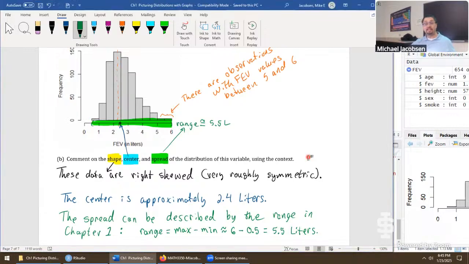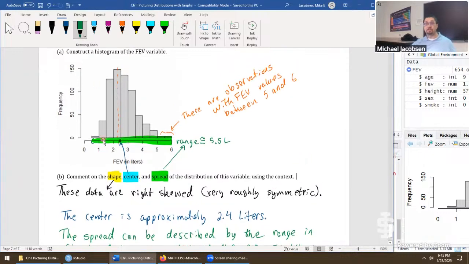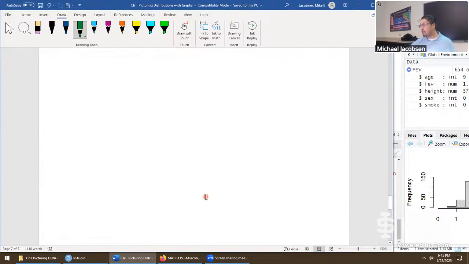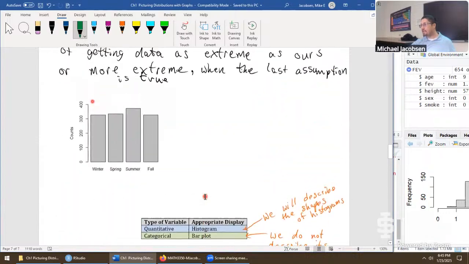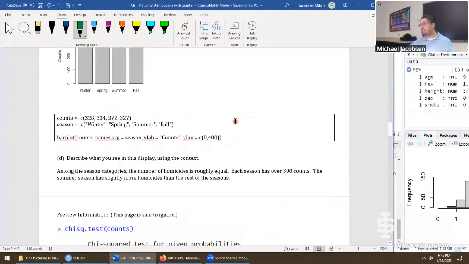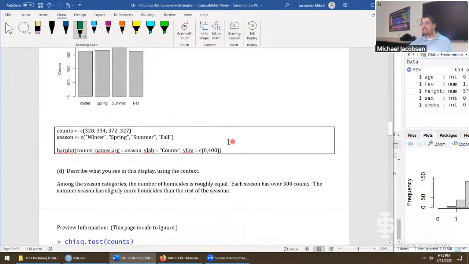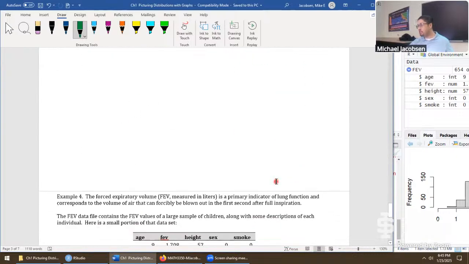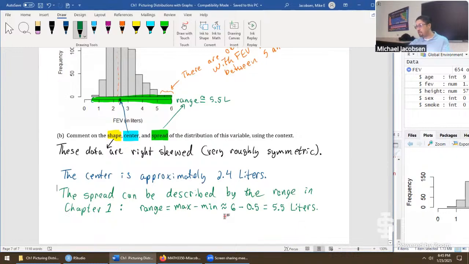One of the things I want to get in the habit of, and that I sometimes forget on these things, is any kind of graphic that we use, or anytime we use RStudio for something, as put down here in our results, I always want to put down something that looks like that right there. Anything that's getting boxed out, most of the time, except for the central limit theorem, that's the only exception, anything that gets boxed out like this is just going to be syntax to help you to produce the graphics as you're seeing in the notes. And so the syntax for us on the histogram, I'll put down below right here at the end of the problem.